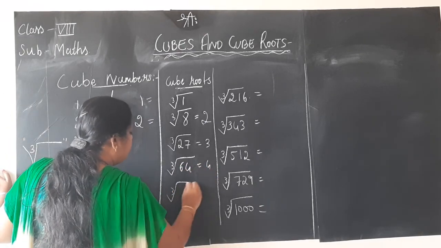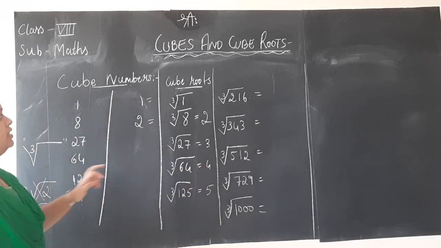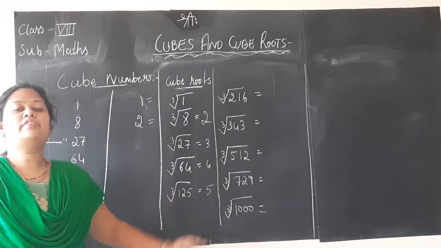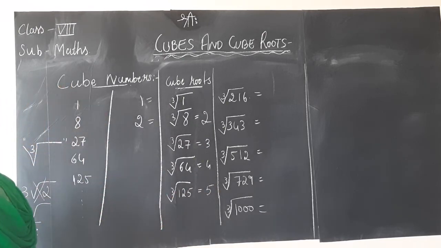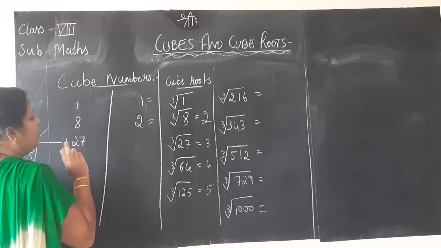Last, cube root of 125 is equal to 5. Like this you will find the cube roots of the perfect cubes, children. So when you take the cube root, what will happen is, look now,